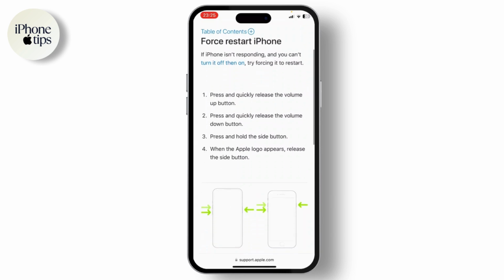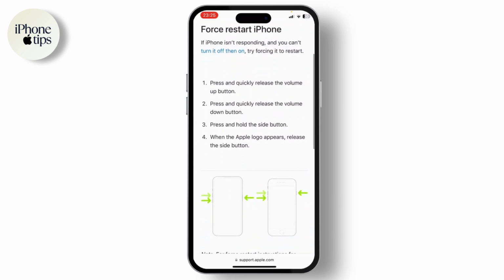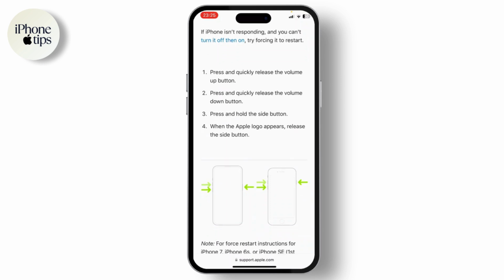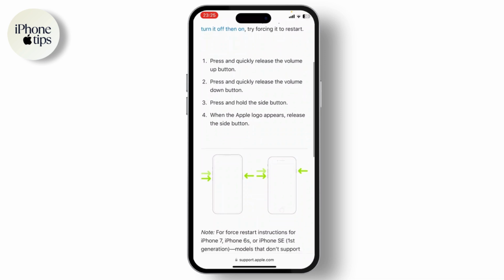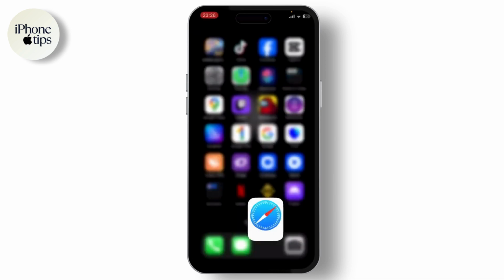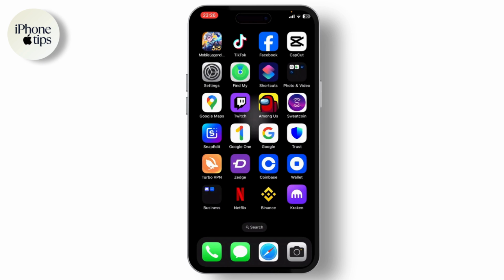Now to do that, you'll have to first press and release the volume up button and then press and quickly release the volume down button. After you do that, just press and hold the side button, and when the Apple logo appears, just release the side button. After doing that, your iPhone will get forced restart, and if that does not fix the issue, the